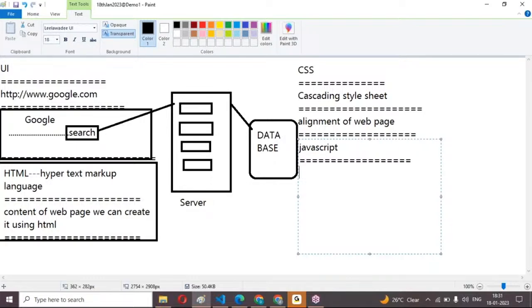So JavaScript is giving validations, mainly functionality of the web page. Functionality of the web page we can easily create with this JavaScript. Here JavaScript is giving us functionality to our application. CSS is giving alignment of the web page. JavaScript is giving functionality of the web page. Here next we can write CSS, JavaScript,